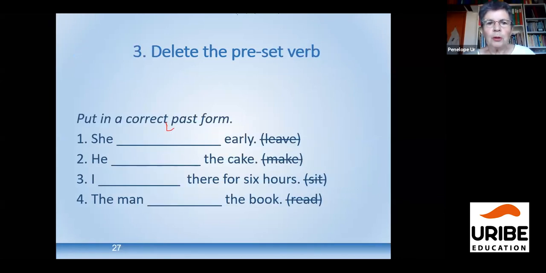Number 3: she, and I'm saying you can put in any verb you like, but the end of the sentence has to stay the same. So can you suggest what you might do with, say, number 2, he the cake? What might you say instead of he made the cake? Ate. Okay, he ate the cake, he baked the cake, he ruined the cake, he burned the cake. Okay, stole the cake, prepared. Yeah, lots and lots of answers there. Again, open-ended, much more interesting.